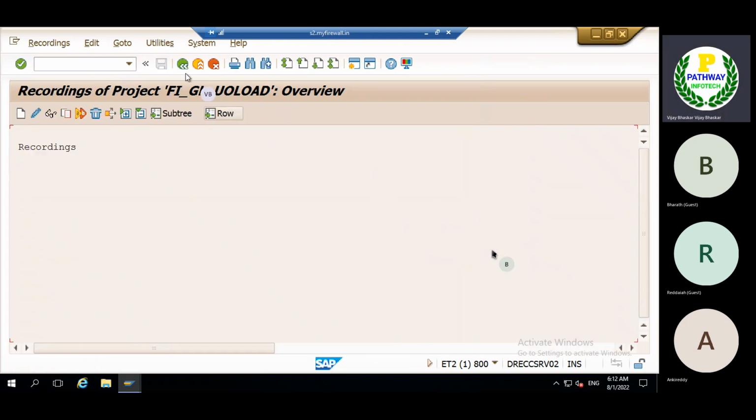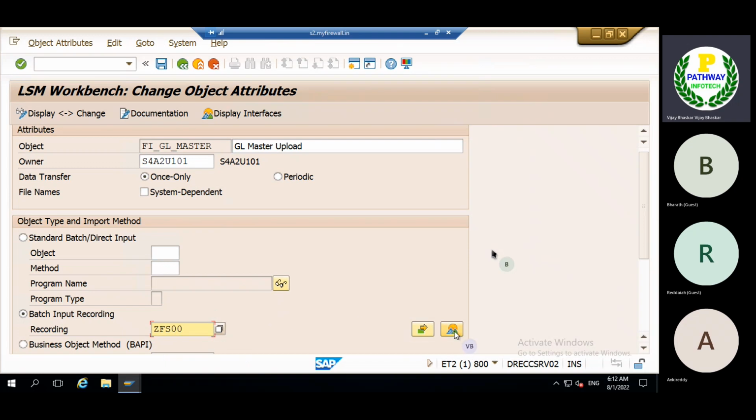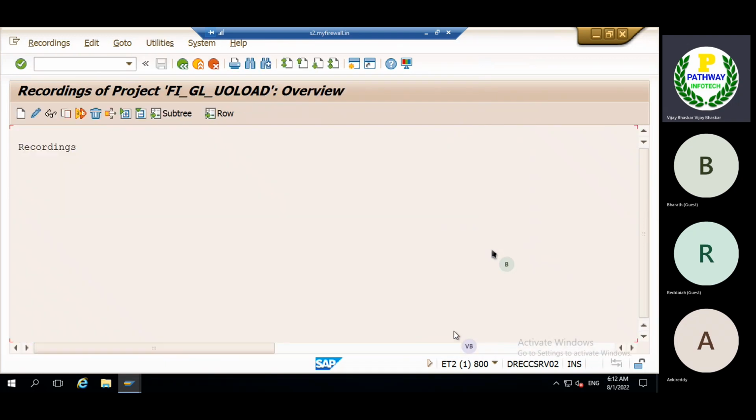Click on the overview button. Go back and give Z in front of the FS00 transaction code, Z for identification. Then click the recording overview button.